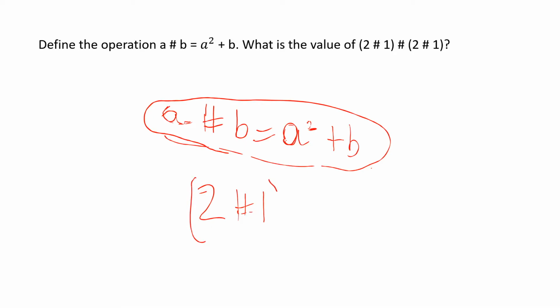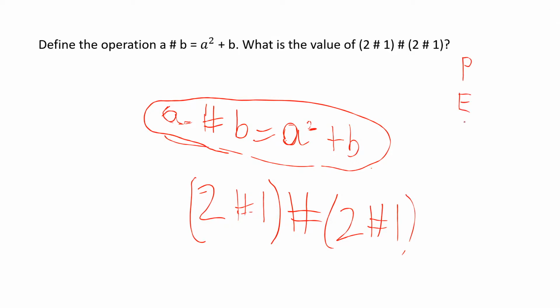So it's like this. We have another hashtag, and then we have 2 hashtag 1. So we don't know what this hashtag is. This is very weird. Nobody, of course, knows what this is. So what we're going to do here is try to figure out what this hashtag is and solve this expression right here. So, of course, we're using PEMDAS right here,